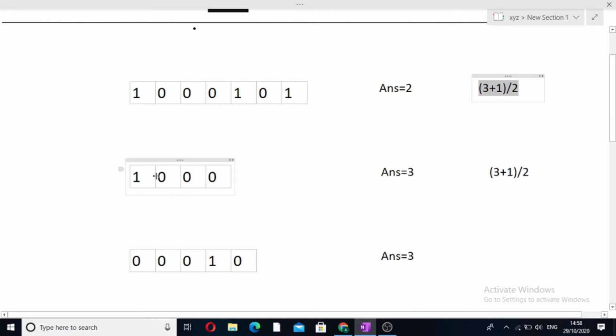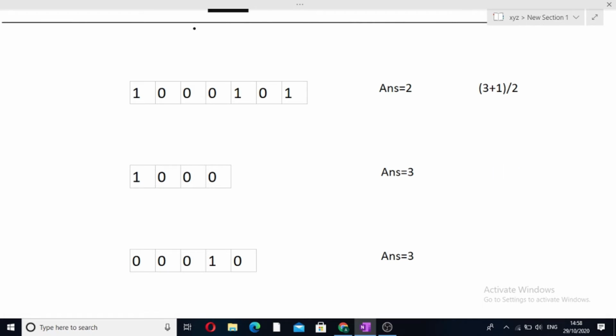But when these continuous zeros are present at either end of the row, then what we will do is simply add those continuous zeros which are present at the end to our answer. So here the continuous zeros are 3, so our answer will also be 3. This is the case when our maximum continuous zeros are present at either end of the row. And in this case also we can see that the maximum continuous zeros are present at the ends of the row only. So in this case also we will simply take 3. We cannot do 3 plus 1 divided by 2, because that is only the case when Alex is sitting in between two persons, like in this case.